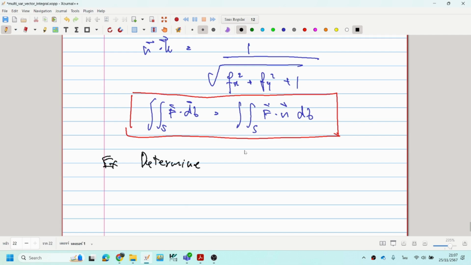Determine the surface integral. Surface integral. Okay, for the F vector is xi plus yj, right? F vector xi plus yj on the surface, right? On the surface,